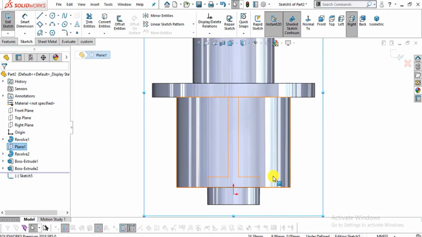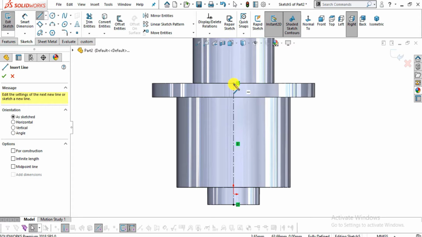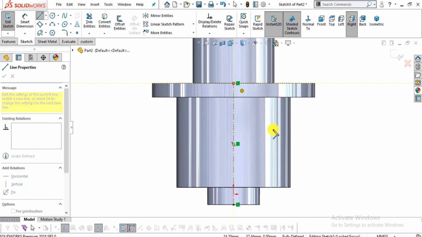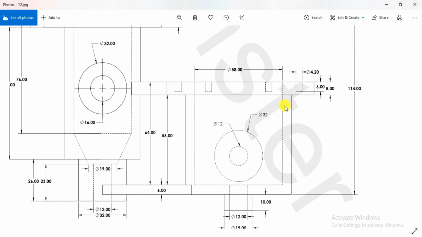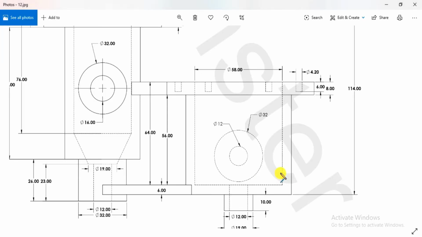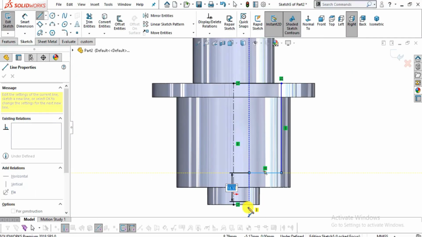Now I will select center line and create a center line up to here. Now select line again and I will create this inner profile which is shown by the hidden lines. So select a line command, snap this point and move up to here like this. Now in downward direction, now towards left, and close this sketch by moving downward and left.